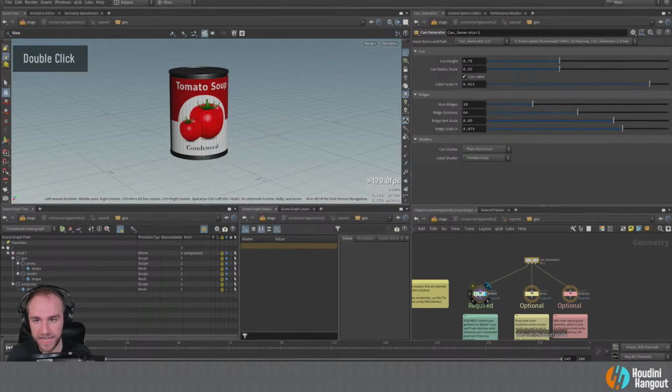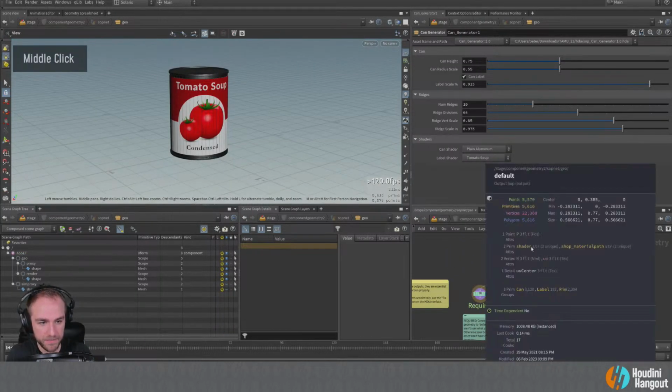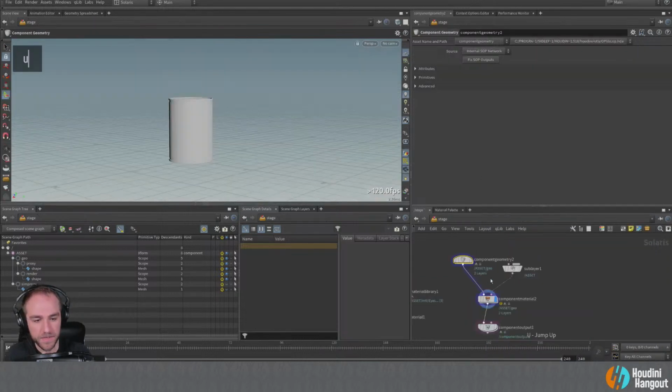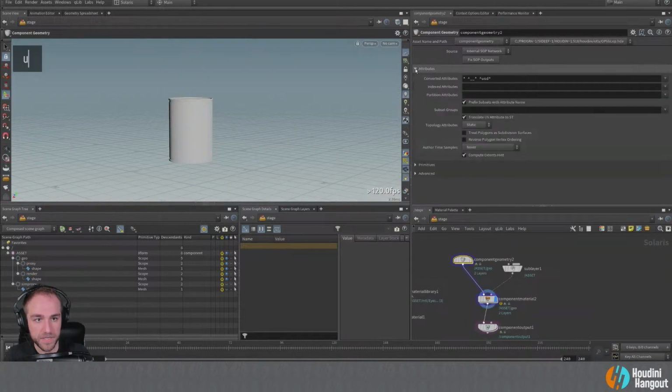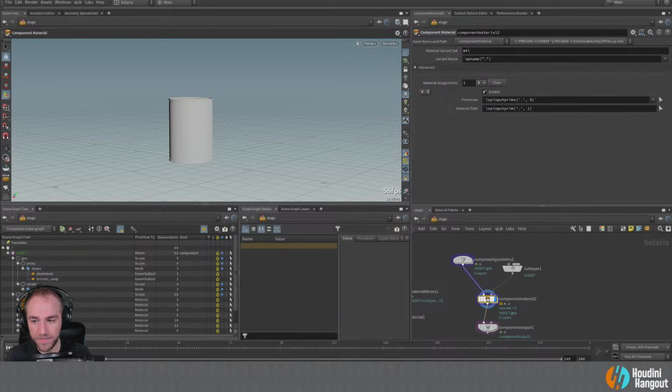So let me just look and see how I separated these, what attribute I used. Shader, shot material path. So I think that's what I just promoted the shader up to use that way. So it just has a string for shader. So that's what I'm going to do. I'm going to partition it based on shader. So now I should have that in there, and I'm not going to prefix with the attribute name. I don't want that. So now when I look at these, they will match up one-to-one because it has the shader name in there. So cool. All right, that should be working properly.